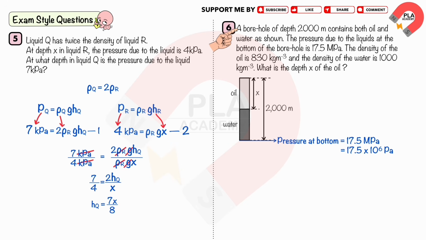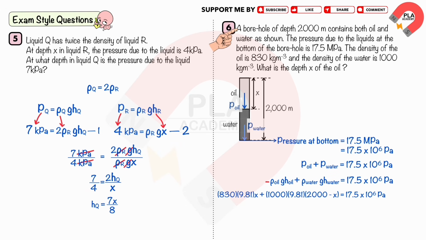What is the depth x of the oil? The pressure due to the liquid at the bottom is caused by the pressure due to oil and water. Substituting ρ of oil equals 830, g equals 9.81, h of oil equals x, ρ of water equals 1000, and h of water equals 2000 minus x,